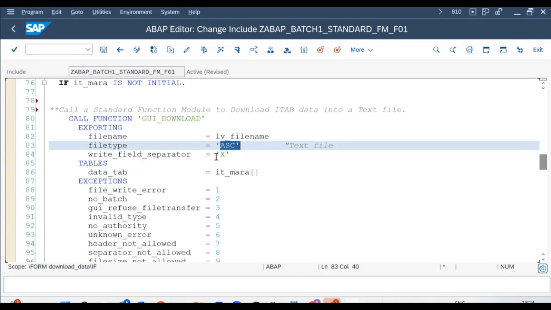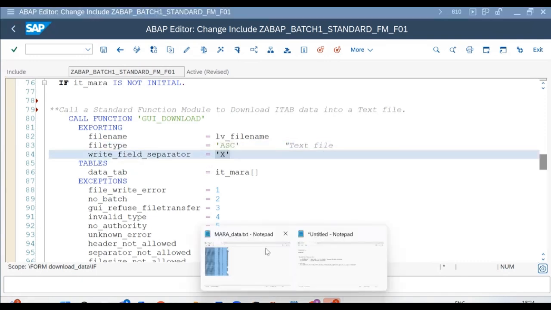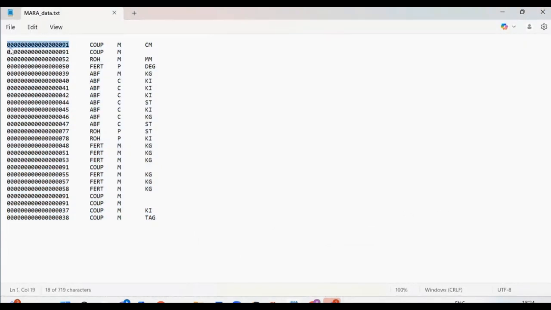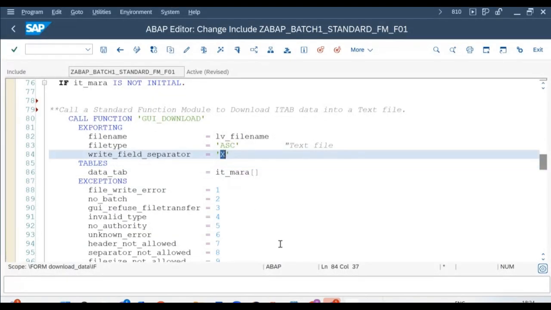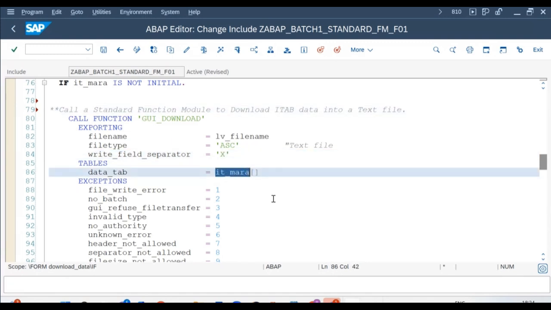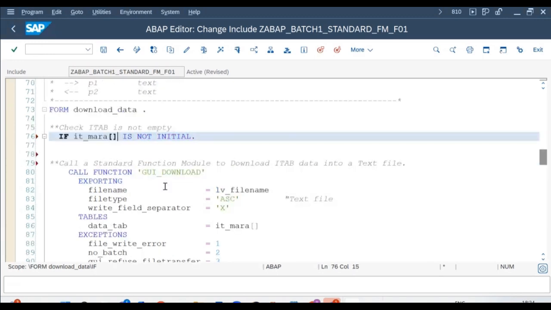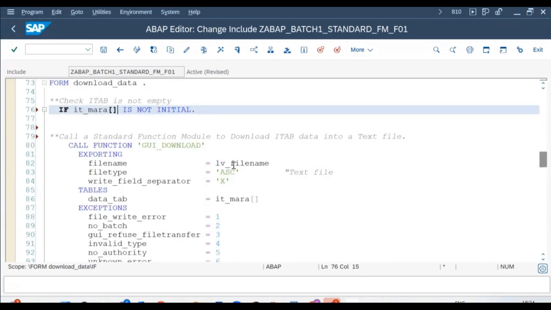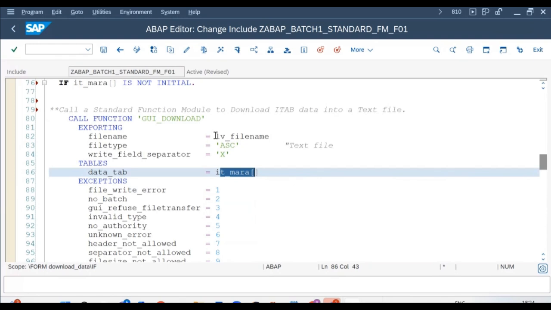Write field separator means, between column to column data, do you want a separator or not? This is a separator. You need it or not? Yes, you need it. That is the reason I'm saying X. And from which table do you need to pick the data? You have the data in the table called IT_MARA. The internal table is filled with data,